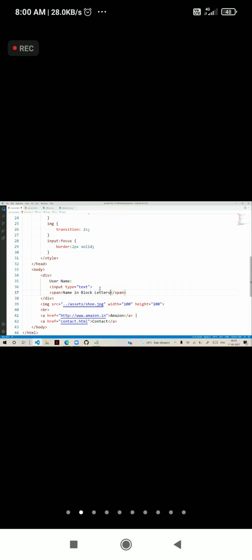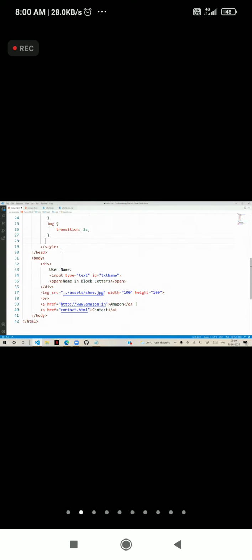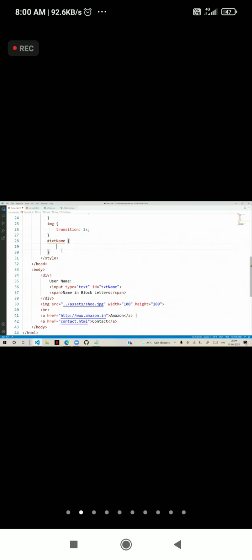Now this ID I will give as txt name. So here, how to access it? We can access hash txt name. That means in normal state, the span beside it, that means plus span, that is adjacent. Display will be none.